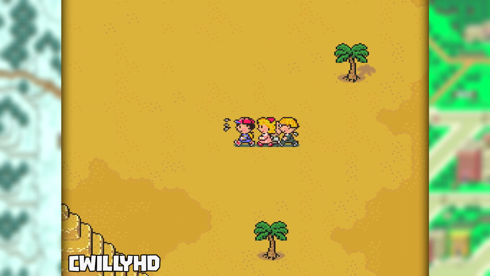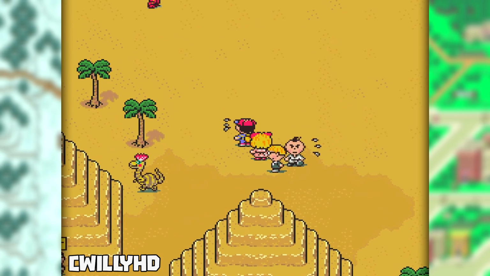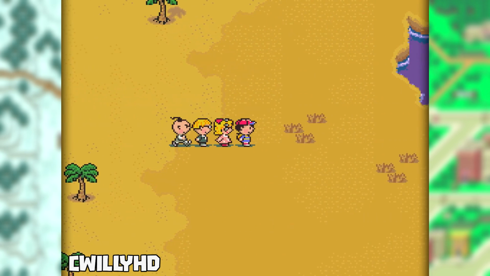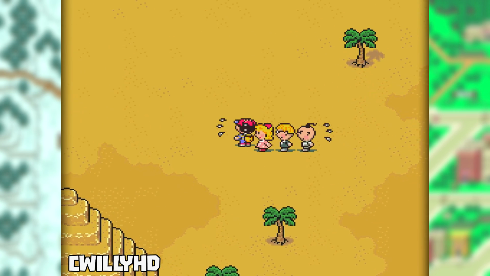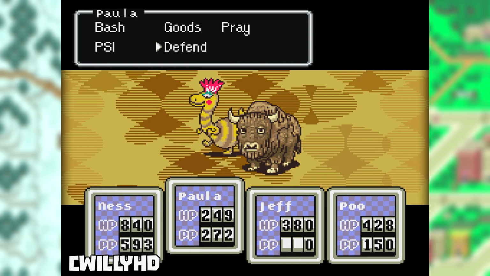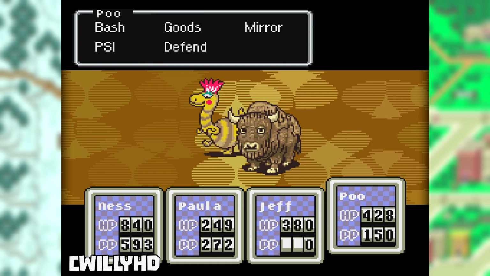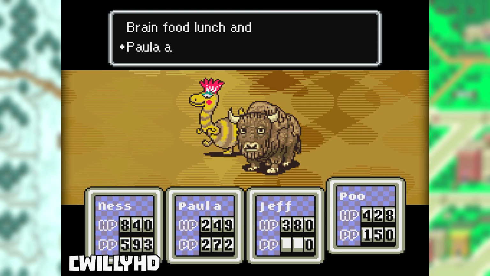Now you're ready to start all over again, and you can do it as many times as you like. However, 255 is the max number for these stats, so if you try and boost them past that, it'll loop back to 0, which is obviously not good. Another lesser known thing about this glitch is it doesn't have to just be the rock candy. You can pretty much use any other item you want, like the brain food lunch, to heal characters' HP and